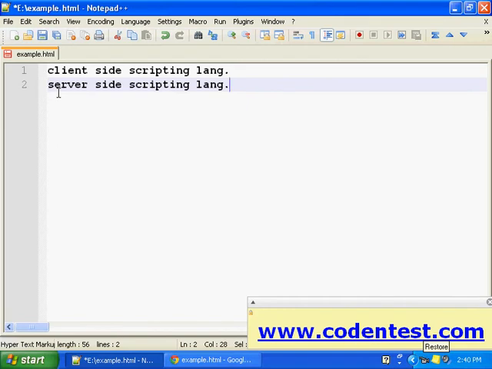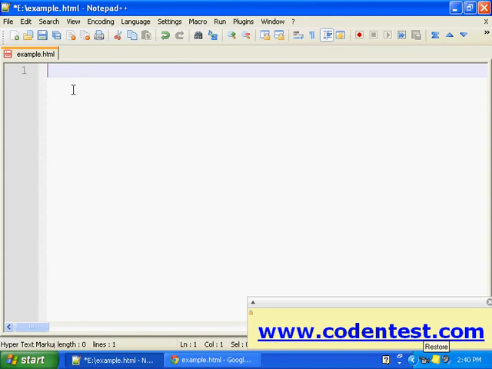So that's the difference. Client-side scripting language runs at the user end, whereas server-side scripting language is executed on a web server. I hope that's clear. And JavaScript is a client-side scripting language.